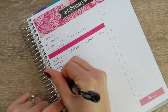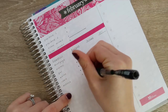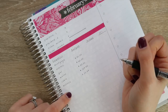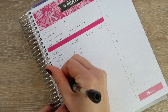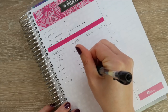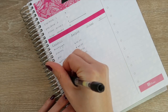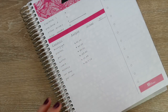Then we have Netflix, and we have the highest plan or whatever, so it's $13.99. Next is our car payment, and that's the same every month. It's $367.78. And then we have gas for our car, which I don't know if gas prices have been going up